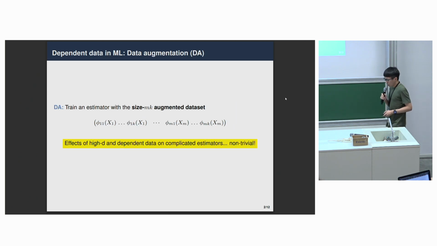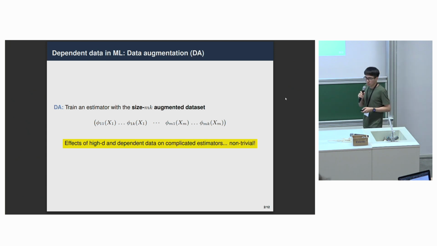But at a very high level, what makes analyzing data augmentation difficult in an ML setup? It is because on top of having high-dimensional data manifested through super complicated estimators, you also have this notion of dependence introduced by, for example, randomly rotating the same image in your CIFAR data set. Right, so that's the mathematical challenge we want to tackle. And here you can see that in this data augmentation setup, dependence shows up in a block way, in that you can segment this data set into different blocks, and the different blocks are independent, but within each block of randomly rotated same image of the cat, you have all the dependence contained within there.